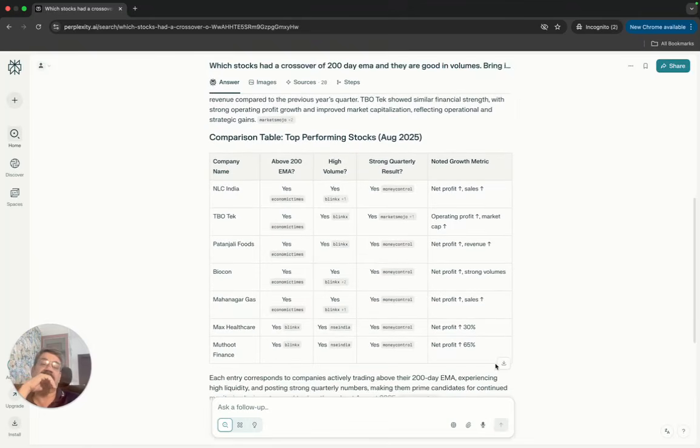It gives a good set of stocks, and now if I really look at it, the one is NLC, and yes, it is above the 200-day EMA. The volume is pretty good, that's what it indicates. What I'm not very convinced about is the good quarterly results, other than Muthoot Finance and Max Healthcare. For the rest it hasn't given the detail, and we really don't know what this high volume looks like. So I would try to get it more precise and indicate that from the list provided,